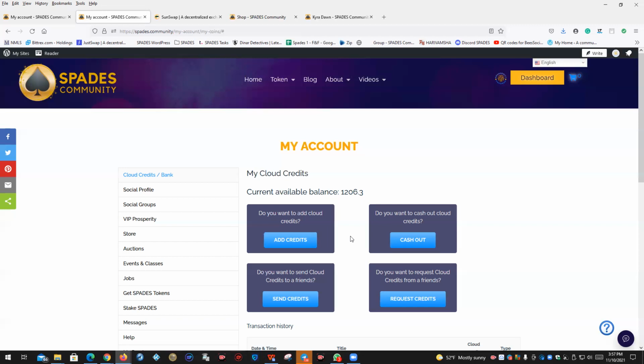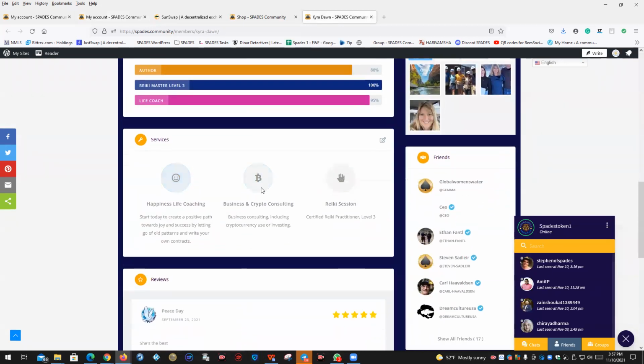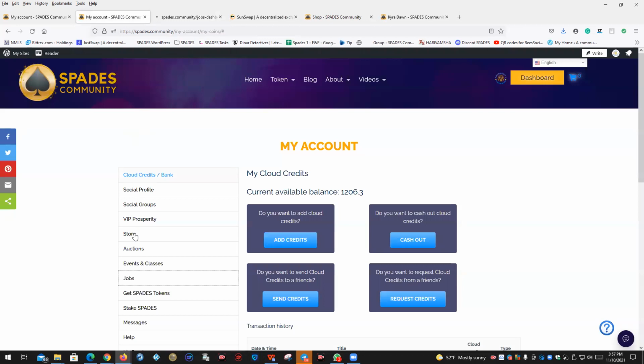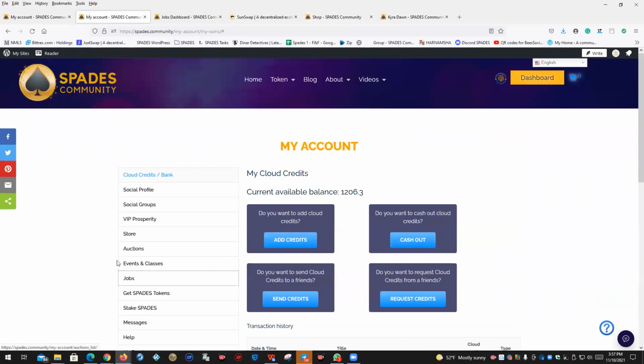And the last thing I want to point out is that anybody can earn into this system. As we showed you before with the social profile of Kira here, you can come along and offer your services to people. You can also put them in the jobs section if you want to, as jobs that you're willing to do. We'll come back to that one in a second. You can put items in the store, like the storefront that we provided to you here. You can also put things up for auction, or for the third world, what we really like is events or